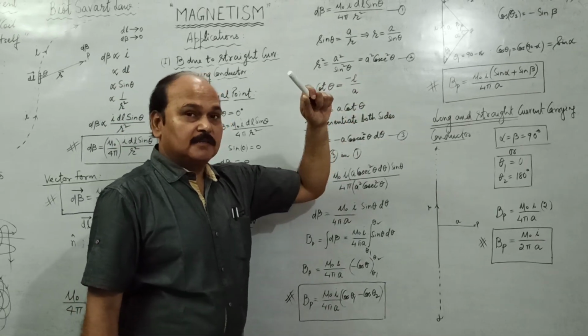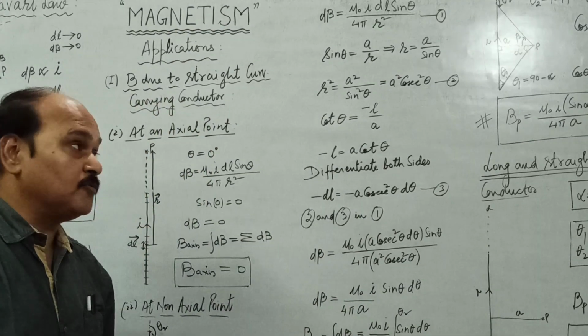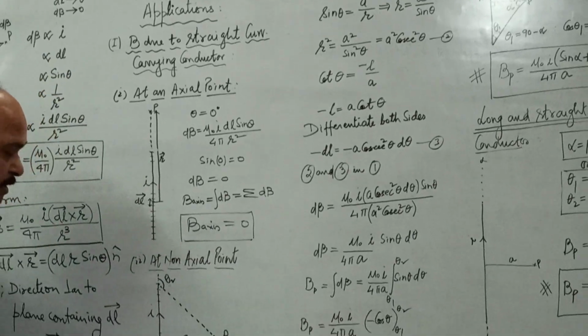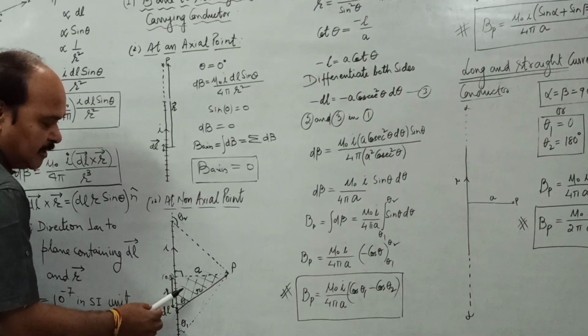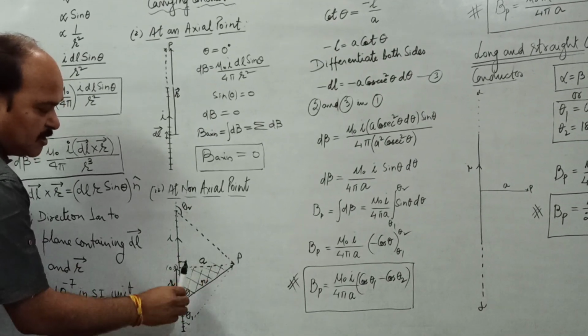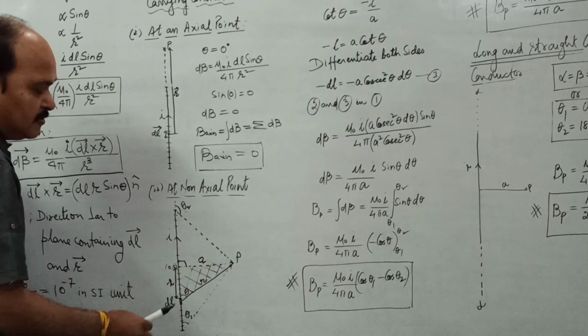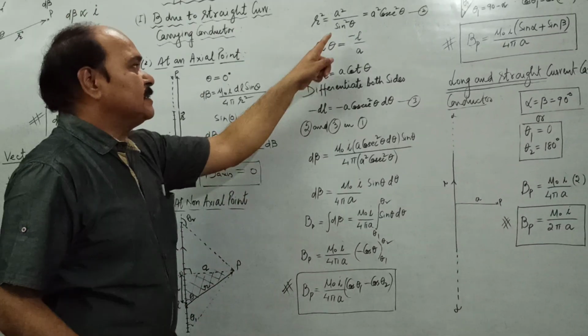This is one relation, with the help of which we are going to eliminate the variables and reduce them to 1. The other variable is going to be eliminated again. Again, look at this triangle. In this triangle, what is cot theta? Tan theta is perpendicular upon base. Cot theta is base upon perpendicular. What is base? l. What is perpendicular? a. So cot theta is base upon perpendicular, l upon a. Cot theta is l upon a.